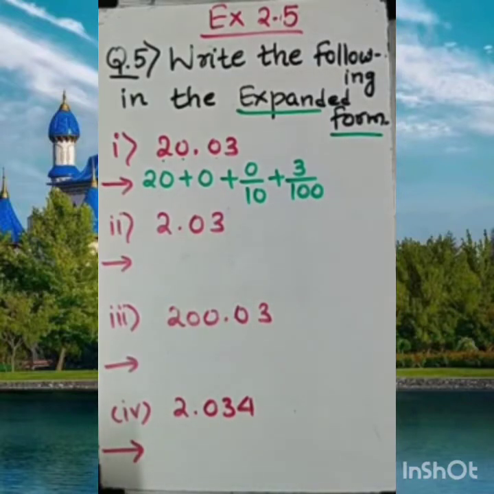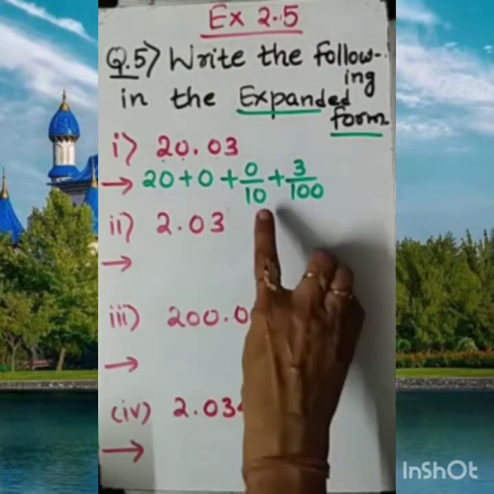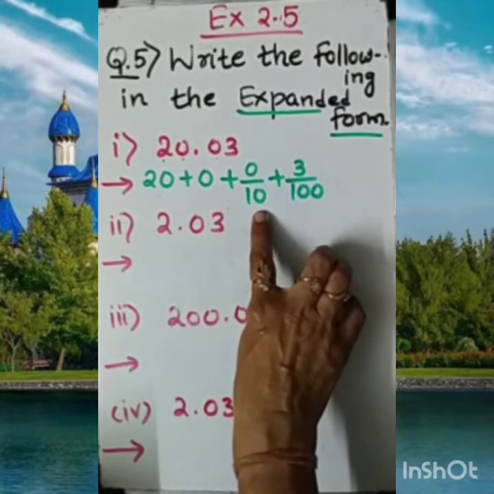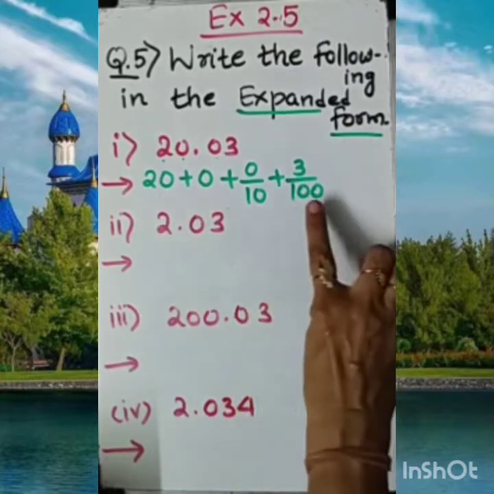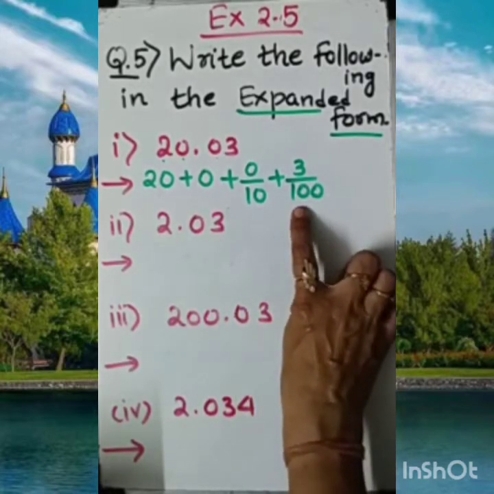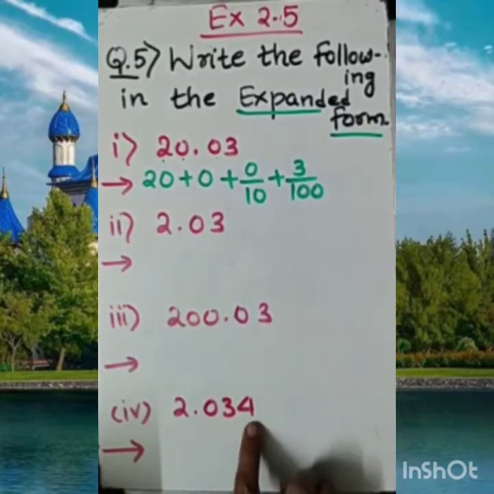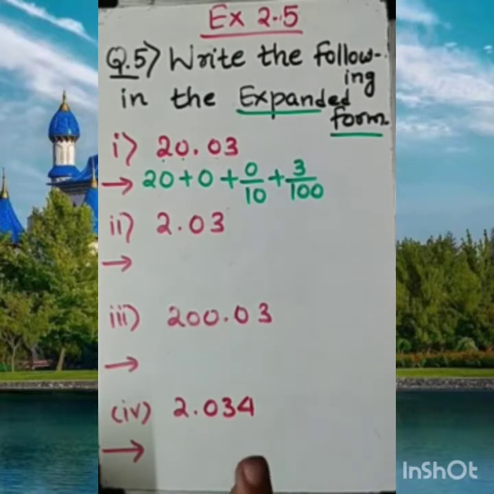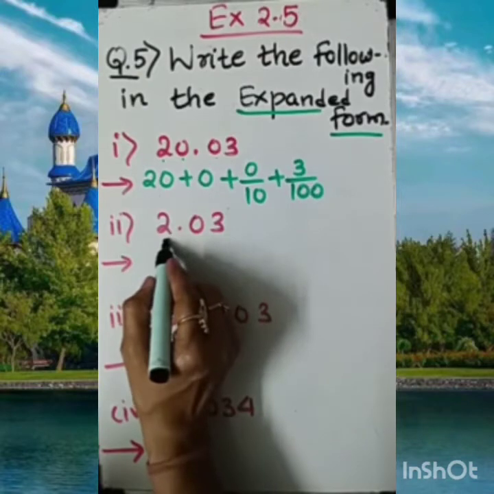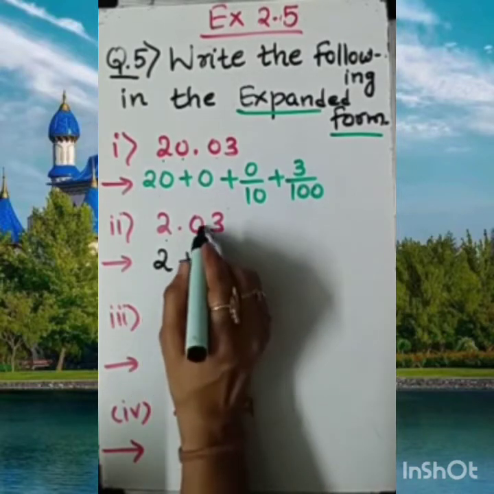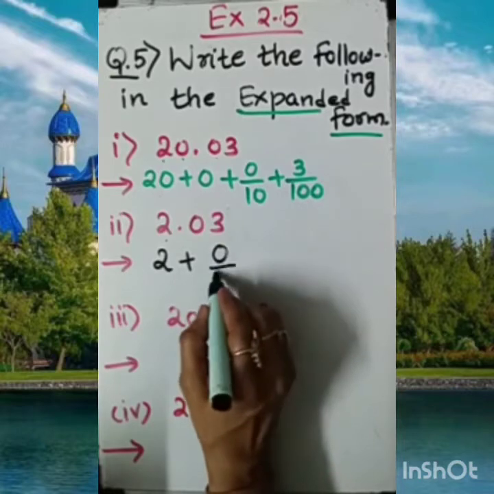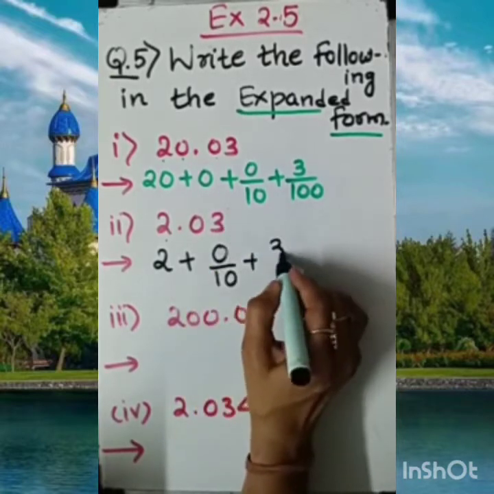So dear student, whatever digits you find after the decimal are called the tenths place, T-E-N-T-H-S, then the hundredths place, H-U-N-D-R-E-D-T-H-S, and if there is one more, just like in this question, it will be considered the thousandths place. TH will be there. Now here, the same procedure: the integer is only 2, at the ones place. For tenths, this is after the decimal, so 0 by 10, and for this it is 3 by 100.